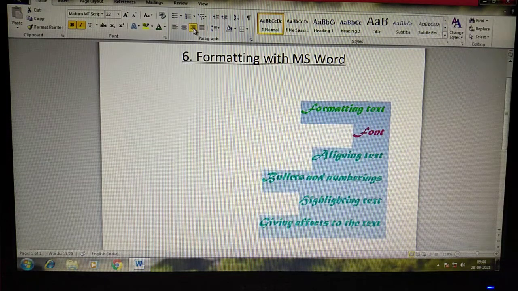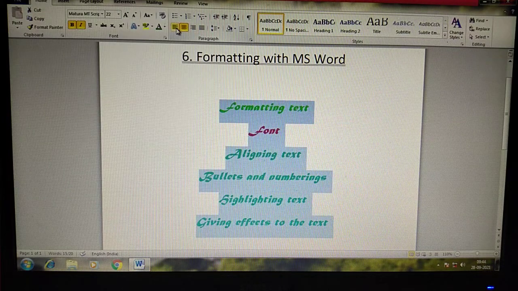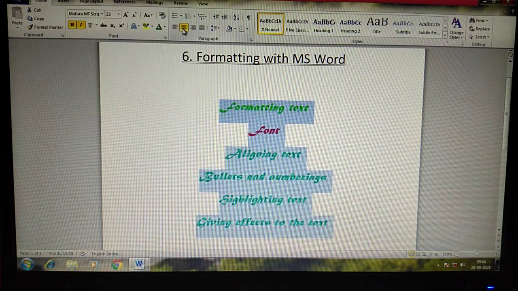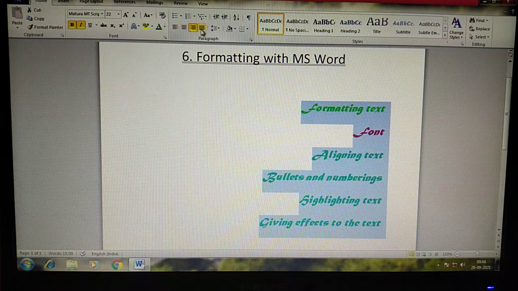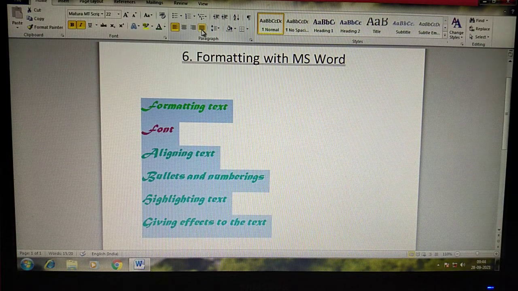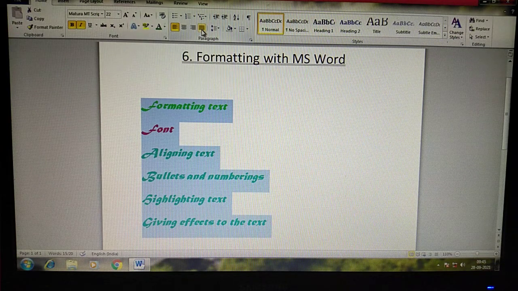Next, yes, we can change the alignment. So now it is on the right, this is center, this is the left side of the page. Yes, this is align left, align center, align right. This is justify. Justify means it gives a perfect placement. This makes the text align on both sides, meaning the middle.